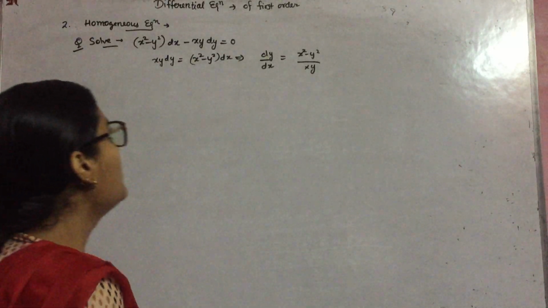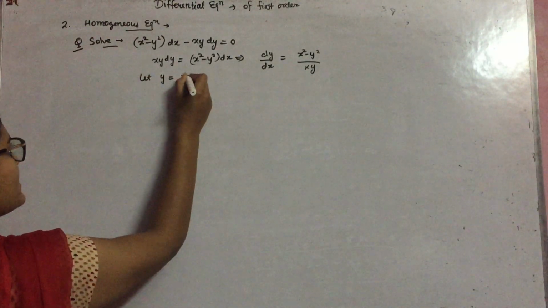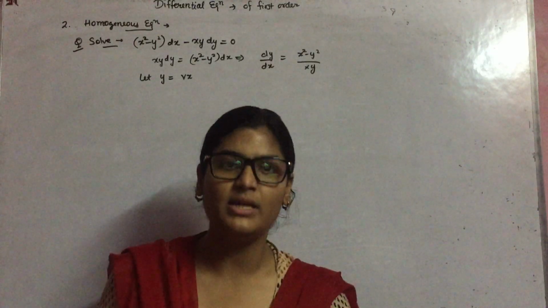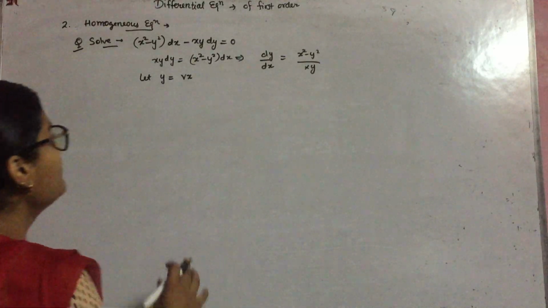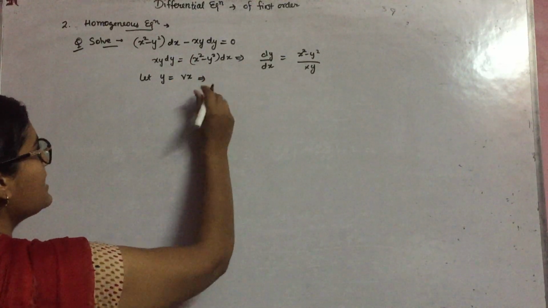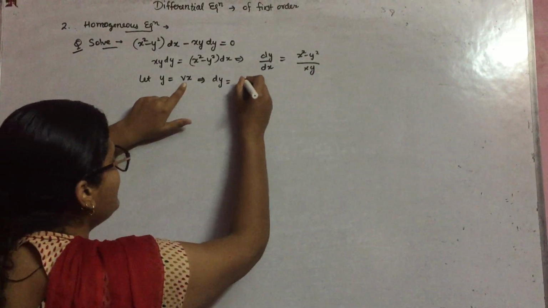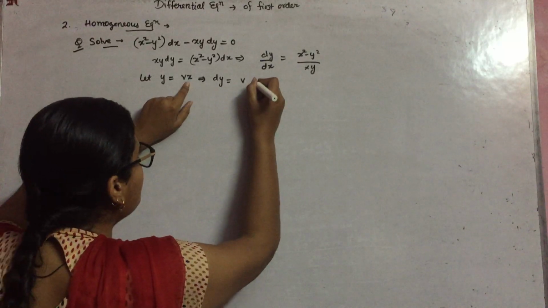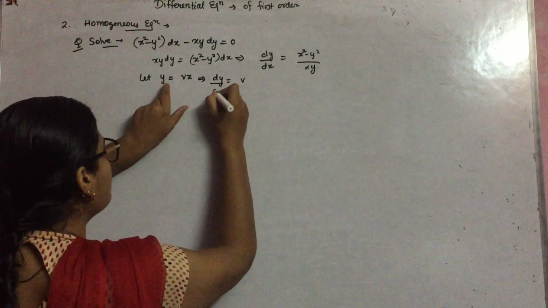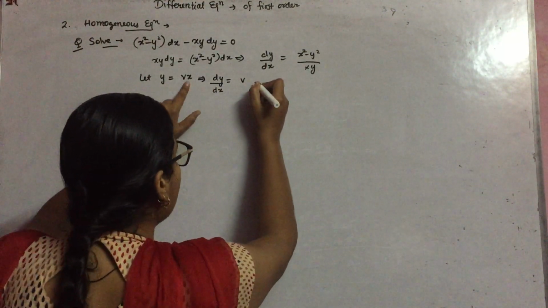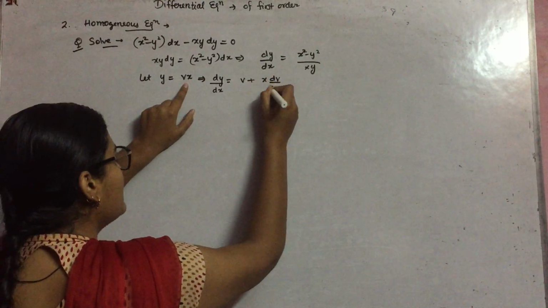Now what you have to do to solve a homogeneous equation is simply let y equals vx. v is another variable into which you have to transform it, and then at last you have to just put down the value of v there. So y equals vx. If you differentiate it, then it will form dy. Apply the product rule here. v is constant. The differentiation of x is 1. You are differentiating with respect to x. So this will form dy by dx. The differentiation of x is 1, so v here. And the differentiation of v with respect to x is this.